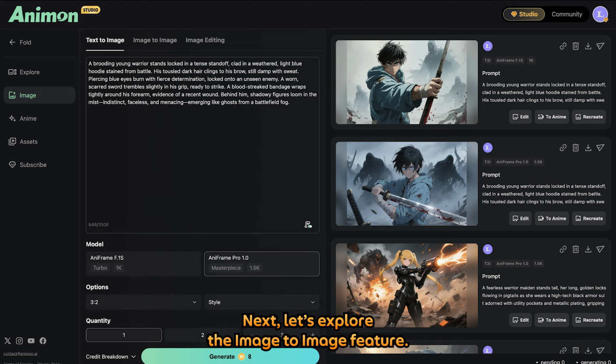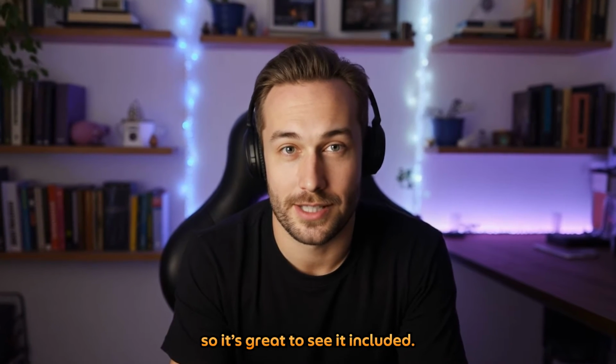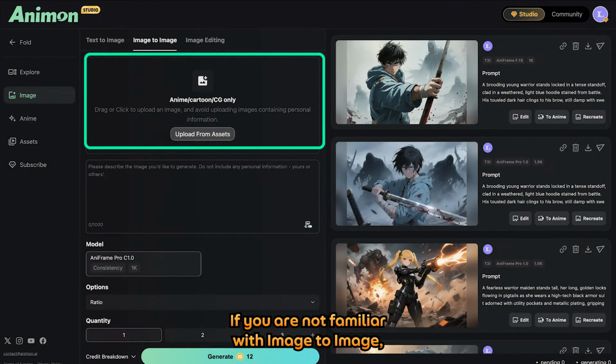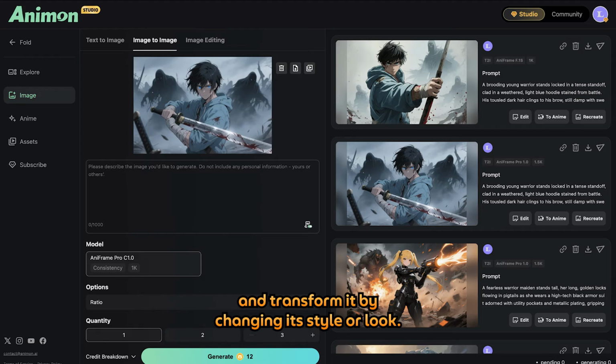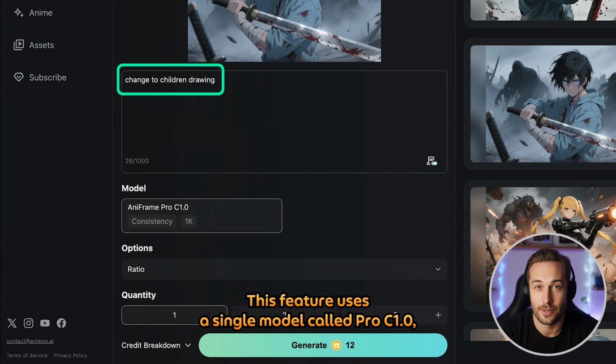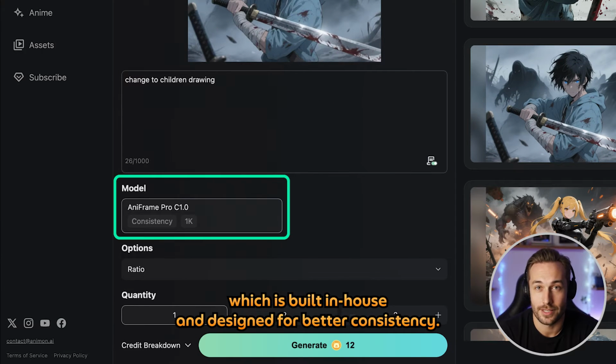Next, let's explore the image-to-image feature. Few generative AI tools offer this feature, so it's great to see it included. If you are not familiar with image-to-image, it means you can upload an existing picture and transform it by changing its style or look. This feature uses a single model called Pro C 1.0, which is built in-house and designed